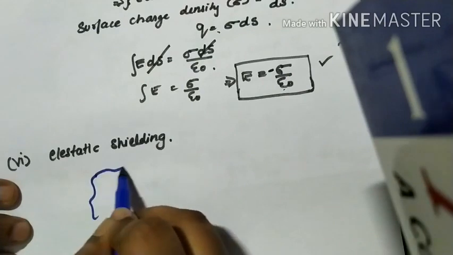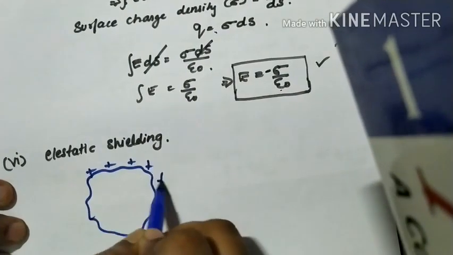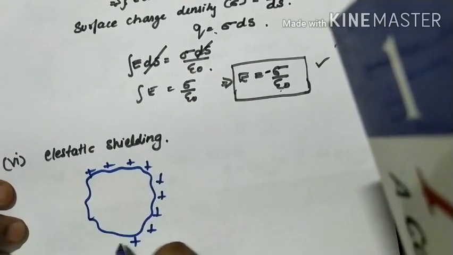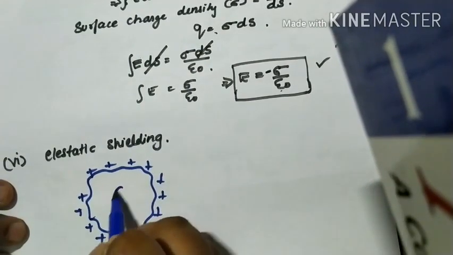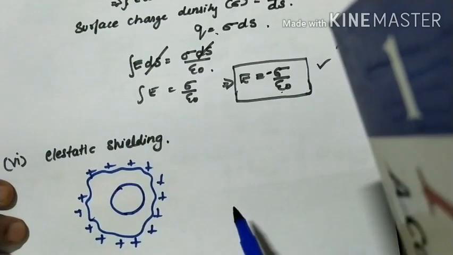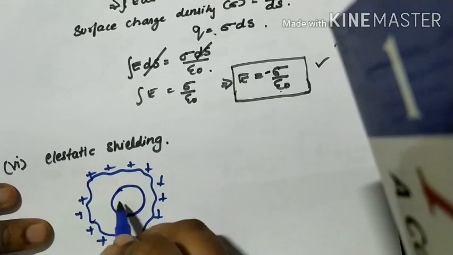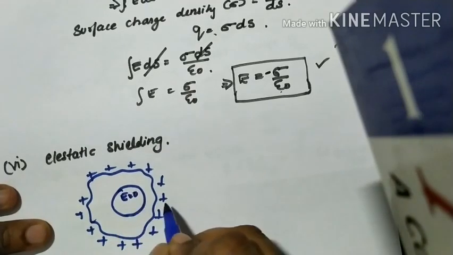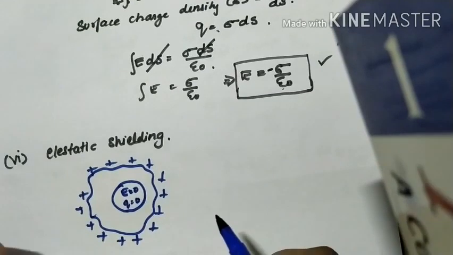See, this is your conductor, right? And I'm giving positive charge. Almost all the examples we'll give with positive charge because it is good to draw. Anyways, I am giving a cavity inside here. So inside the cavity, I'm sure the electric field is 0 and there is no charge. That's why the surface is having charge. Now the answer is sure. Now it is very easy.